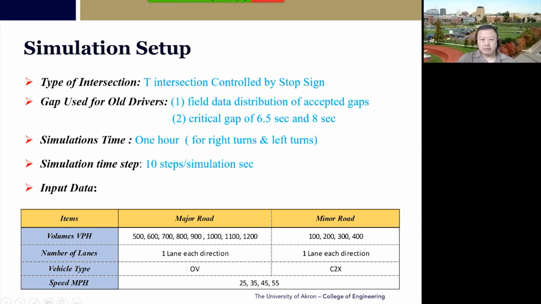So when we try to do the simulation, again, the objective is to compare. If we use an advisory gap size of 6.5 or 8, compare that with the field data-based distribution for the accepted gaps. Remember, we have some at 8 seconds, 7 seconds, 6 seconds, 5 seconds, 4 seconds, 3 seconds even. But use the same kind of distribution. Let's compare if our safety warning system, if we implement that, would cause any impact on the traffic. That's the objective.